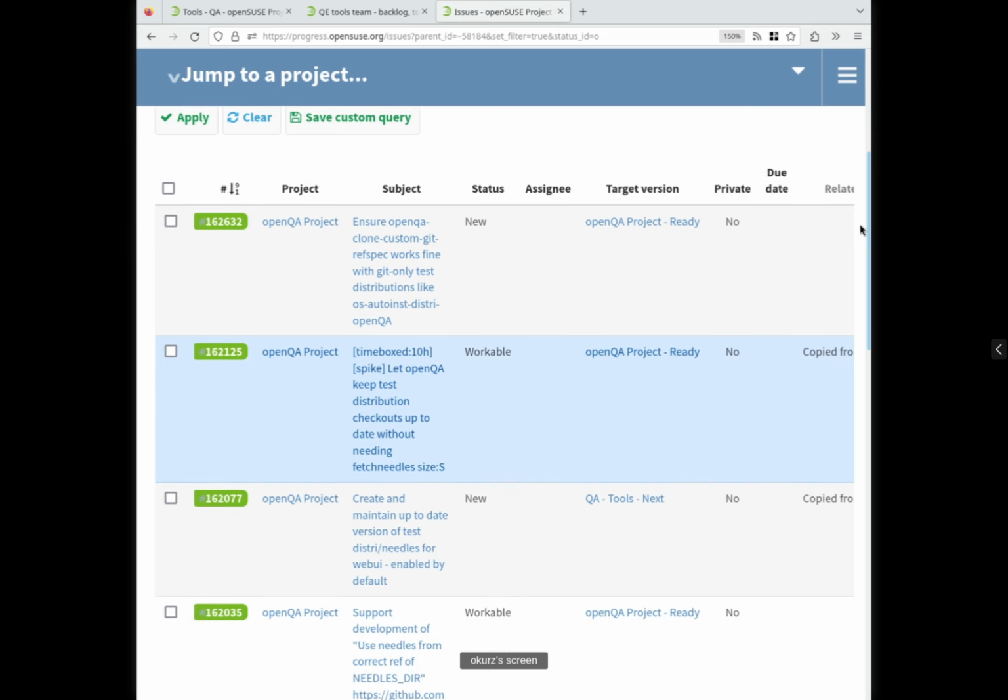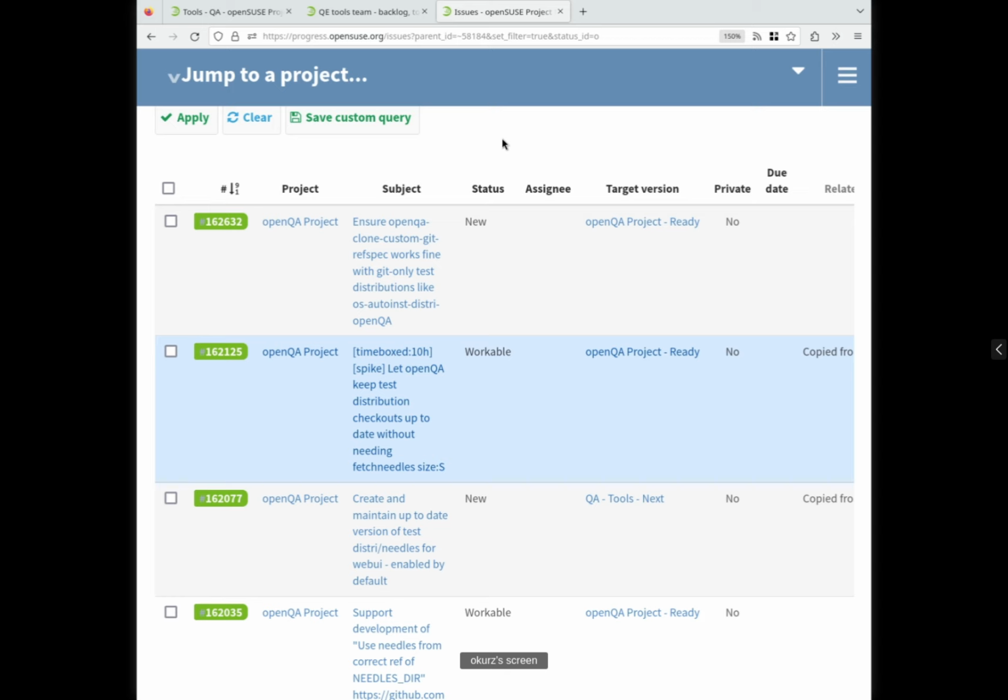So for example, we would like to ensure that openqa-clone-custom-git-refspec works fine with Git-only test distributions like auth-audience-history-openqa. I showed you before that auth-audience-history-openqa has all the complete test definitions and the scenario definitions defined in one repository and a link telling OpenQA to check out those tests from this Git repository when cloning.